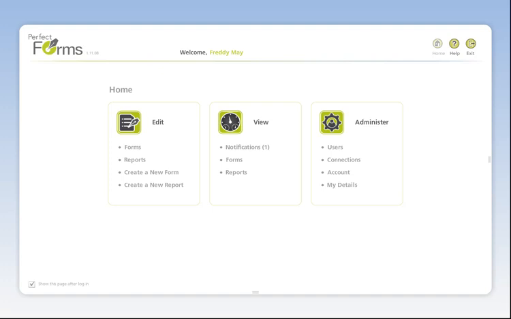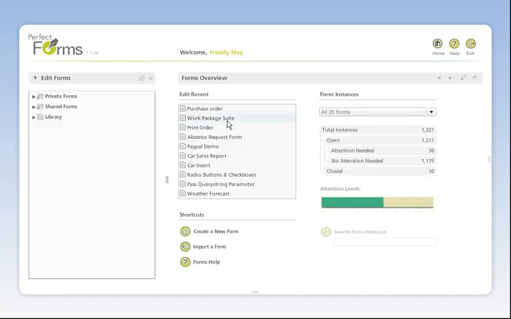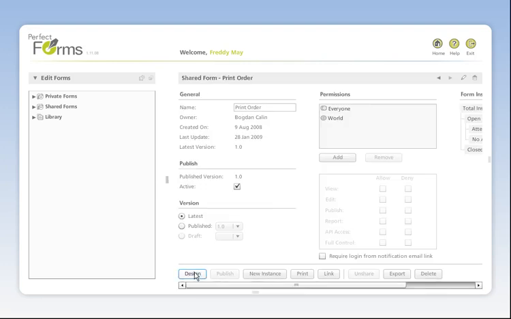One of the great things about Perfect Forms is the way you've got complete control over the look and the feel of your forms and applications. So let me show you a couple of applications that have already been built, and this will give you a good idea for what I mean. So we're going to start off with this sales order management form,